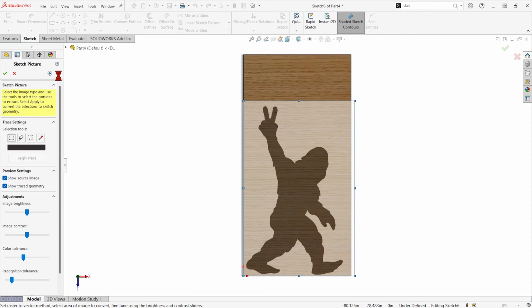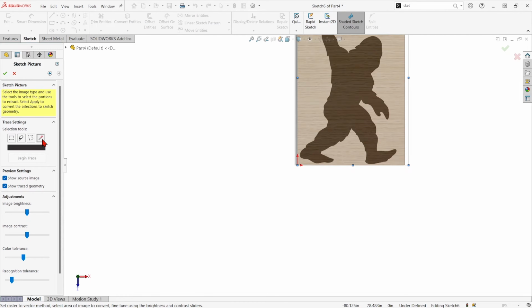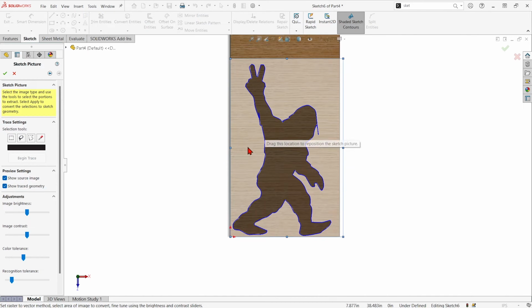Now if I go into the next arrow here, we wouldn't have these next arrows if we didn't have the Autotrace command turned on. I can choose to either try to draw around him with any of these first three options and it'll maybe make it a better trace, or I can use this last option here, the eyedropper, and pick a color from our model. It doesn't have to be black and white, but something with good contrast is better. So I'll grab a color there, and I'll say begin trace, and just like that we have lines in a